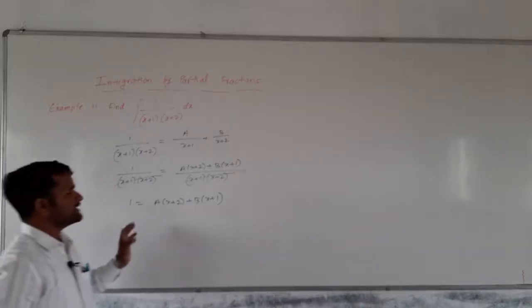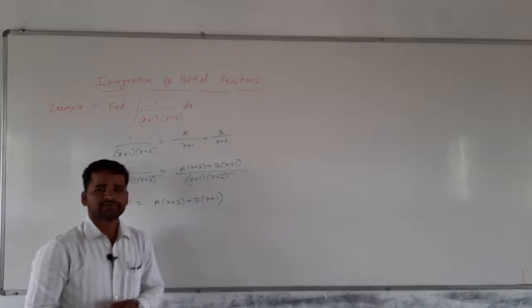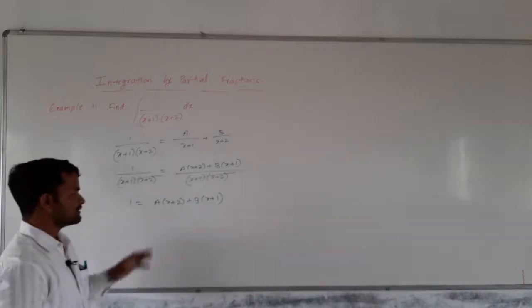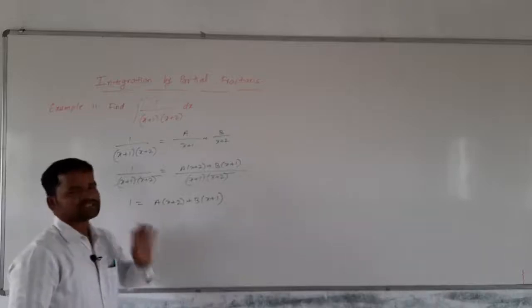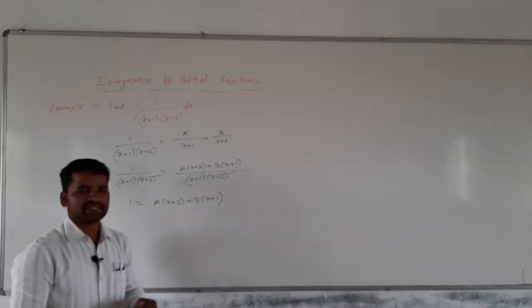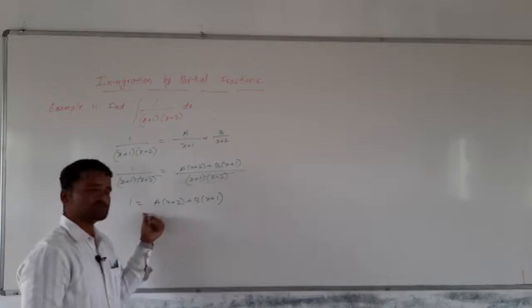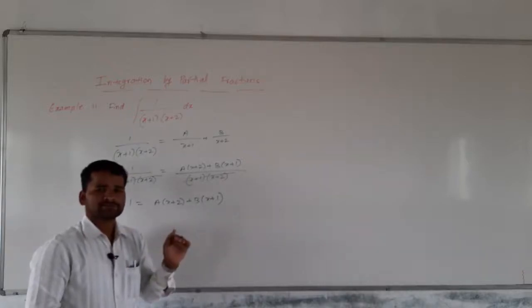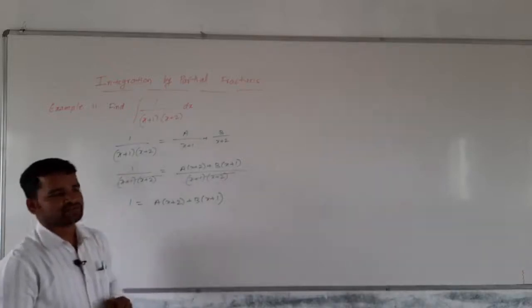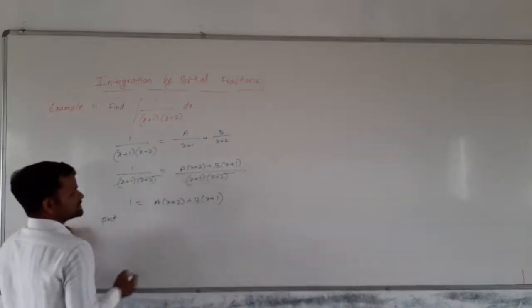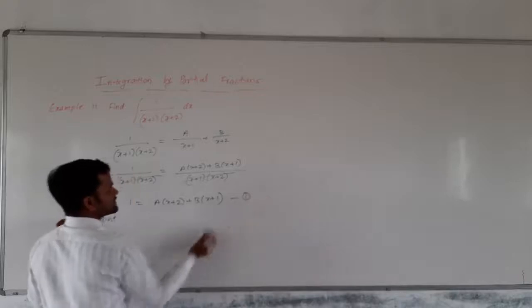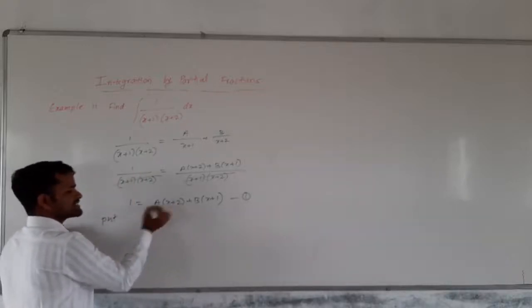Now very easily we can find out the values of a and b. You can go with comparing coefficients or just substitute x values. X is equal to any real number we can substitute because the equal to symbol is there. Let us substitute the x values and find out the values of a and b very easily. What I will do, I will substitute, see x plus 2 is there.